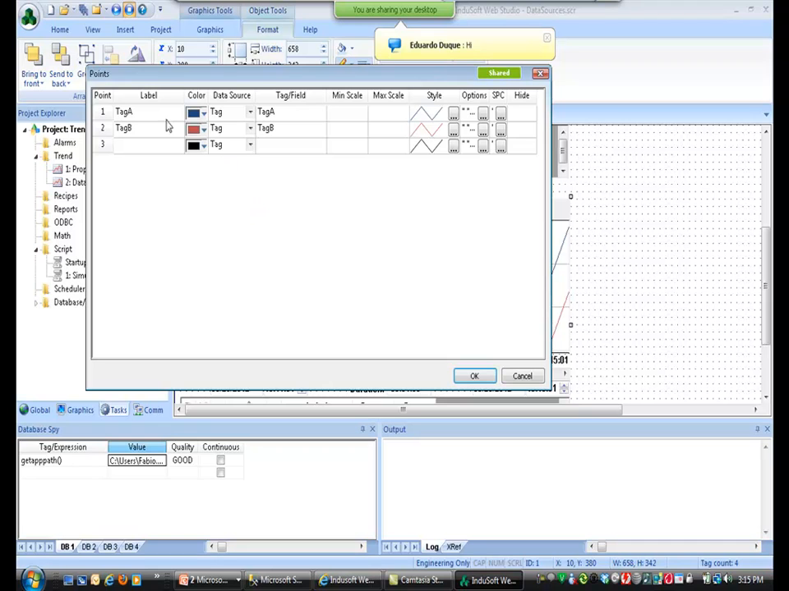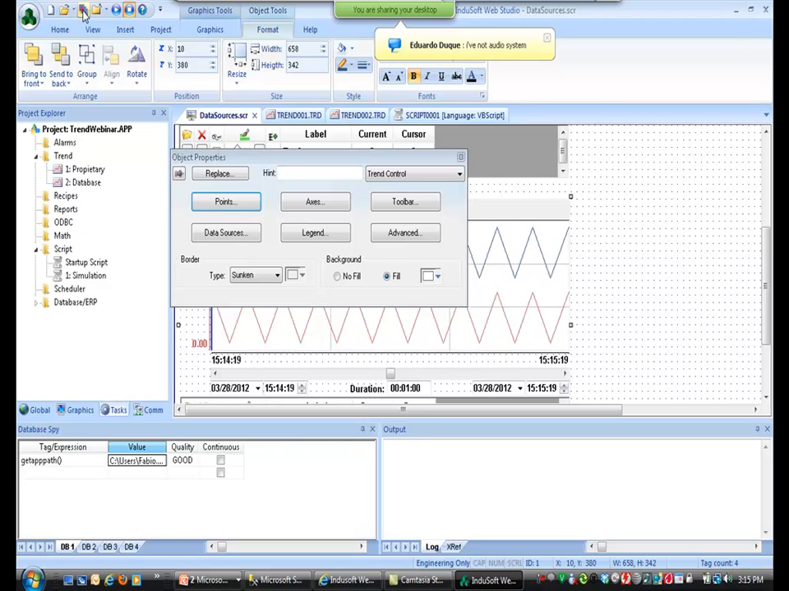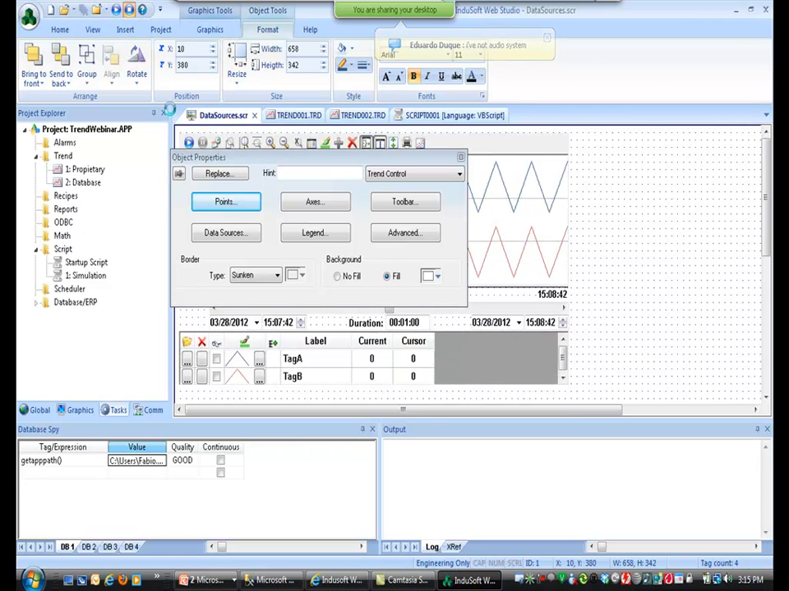And here in points, define the tags that I want to display. Now I want to display the tag C and the tag D. Let's change the labels as well. Data source is still tag, doesn't matter where the tag values are saved. And if I run the application,